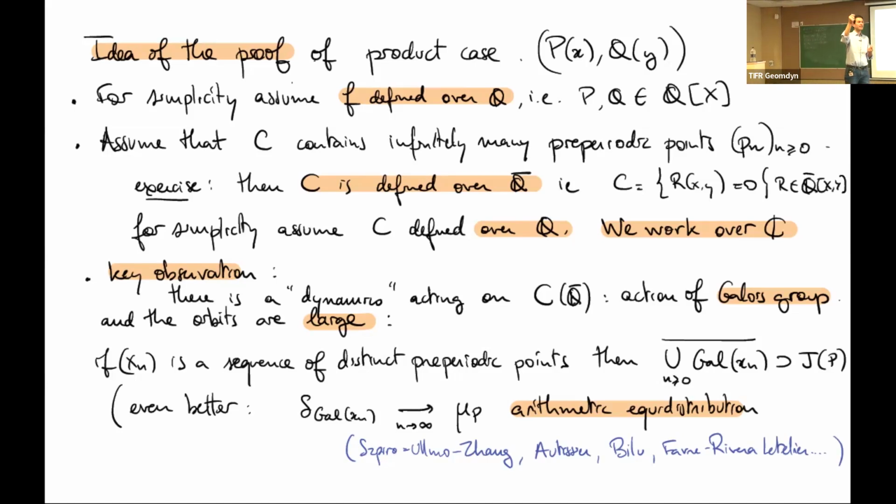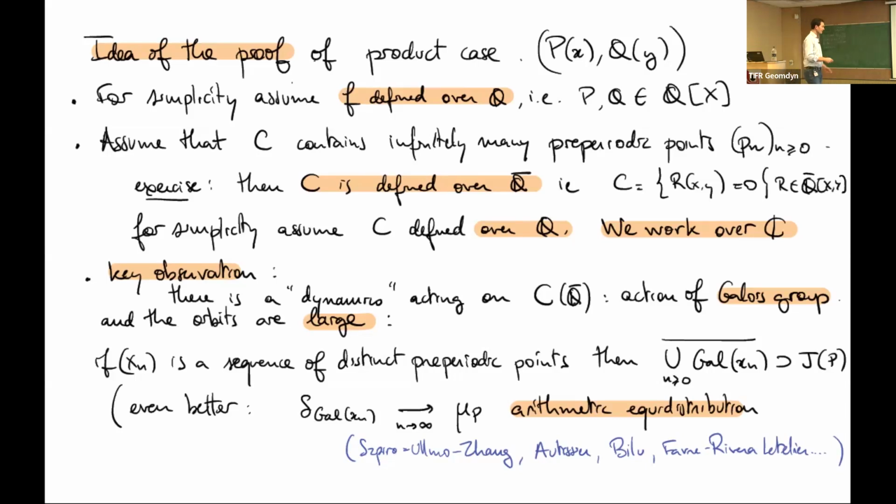So when you take any sequence of preperiodic points for a polynomial in one dimension, for each of these periodic or preperiodic points, you take the Galois orbit, which is something different from the orbit of the point. You take the Galois orbit, and then you put a point mass at each point of this orbit, and you normalize. This is what I denote by delta mass at the Galois orbit of xn. This sequence of measures converges to the maximal entropy measure of the polynomial.